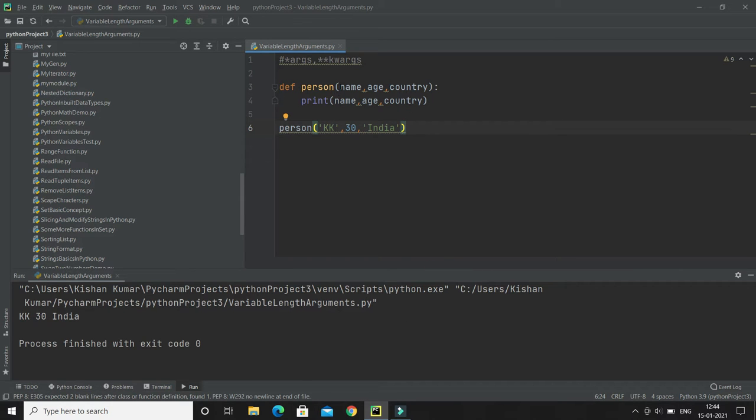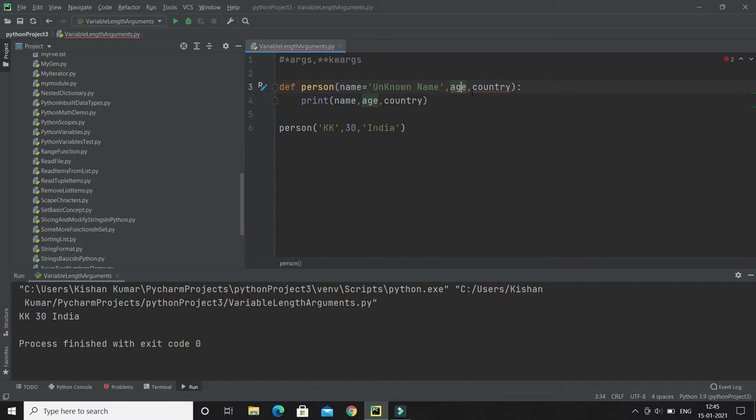Let's say I don't want to pass any parameters, or sometimes I only need to pass name to invoke, or sometimes only two parameters. Then how can we do that, right? For that, we use something called a default value. Let's say someone is not sending the value of name, then here we can assign some default value. So if people do not pass the name value while calling this method, then the default will be taken. And here I'm going to write unknown name, something like this.